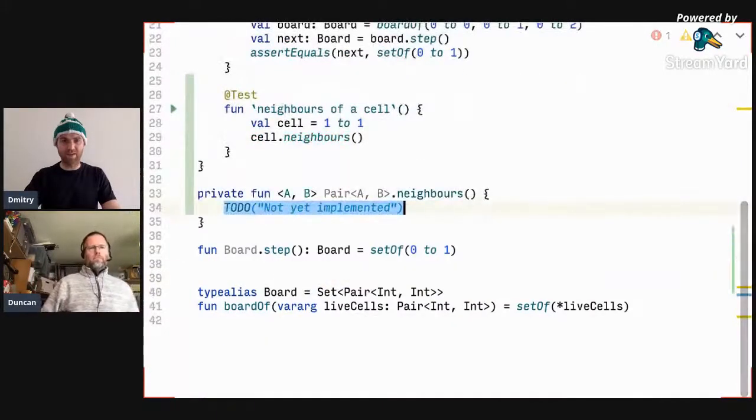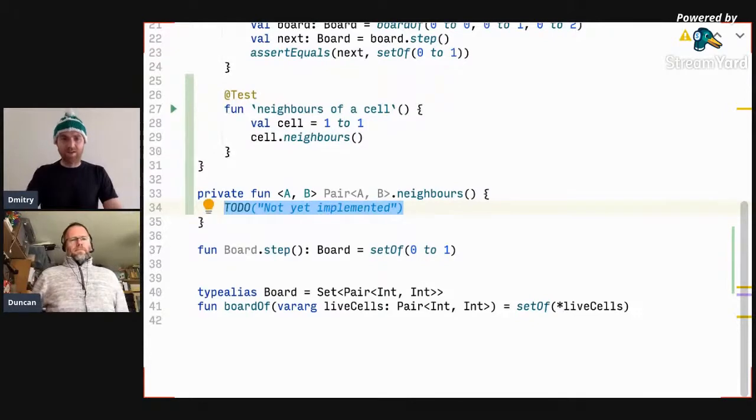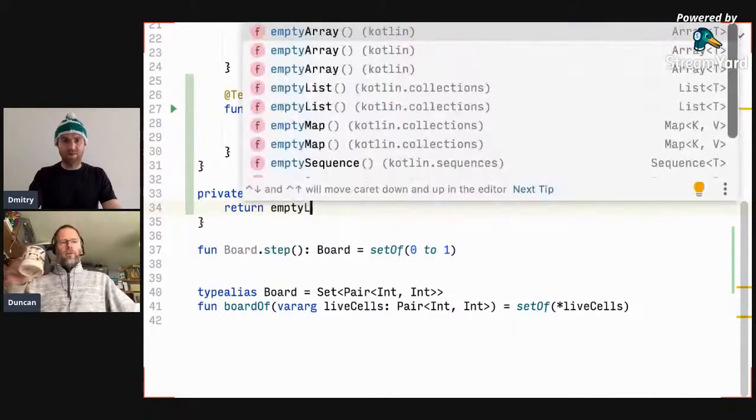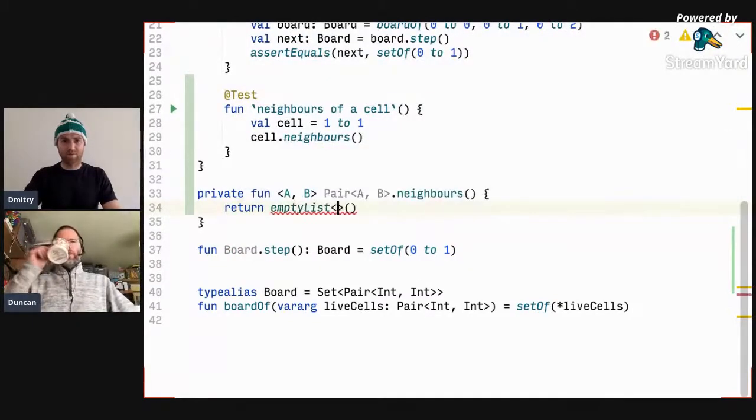Once again, this is not a pair. Well, ideally, we should have changed it to cell, I think. Return. You want a type alias for cell? I think it's more a type alias for coordinate, isn't it? But